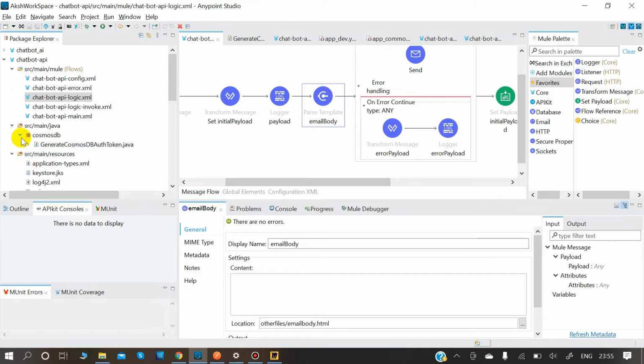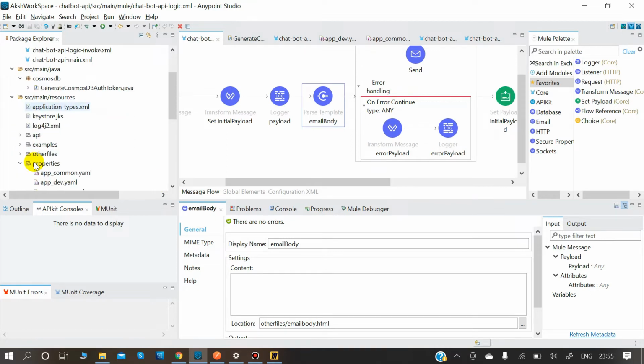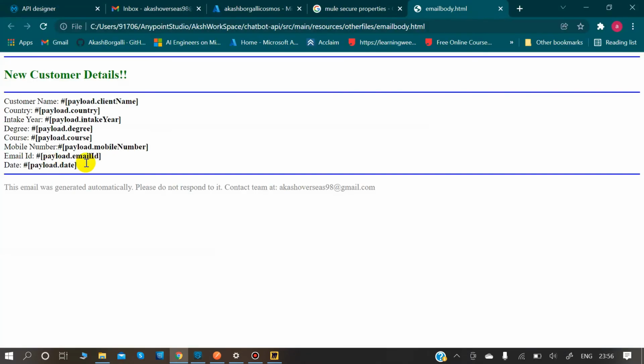So let's see here how we have done this, because in the email body there is a particular structure in which it holds dynamic values. I have kept that particular file here, email body.html. As you all can see how our data should look like. New customer details, customer name: in this, payload.clientName should come.